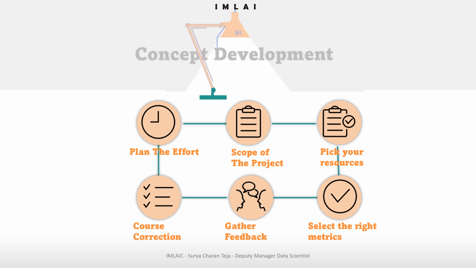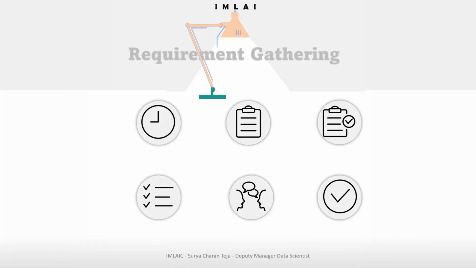Here we gather the requirements. The next stage of the product development life cycle, the most important one, is to figure out what you would need to complete it. That's the most important thing. Without knowing what you have to do, if you start, you will be lost somewhere. So you can adopt the following methods. Here, what we do again,